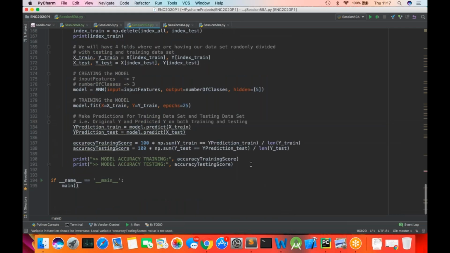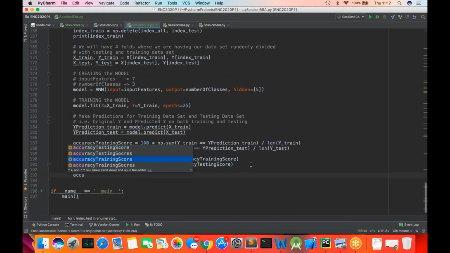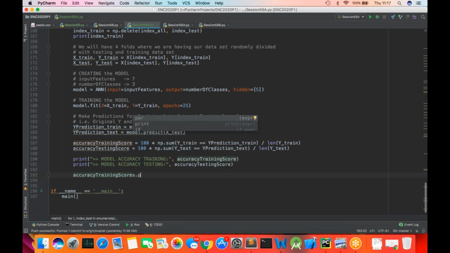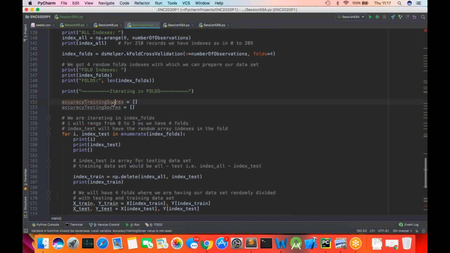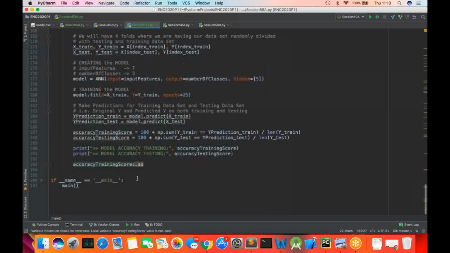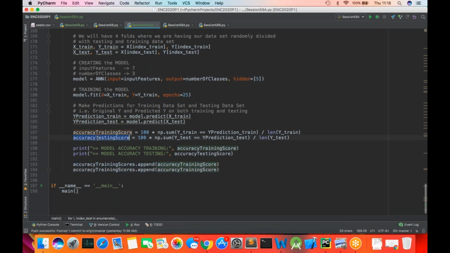So I'll say accuracy training scores dot append the accuracy training score, and in the same way the testing scores here should append the testing score. So you keep on appending the data, and once you come out of the loop,